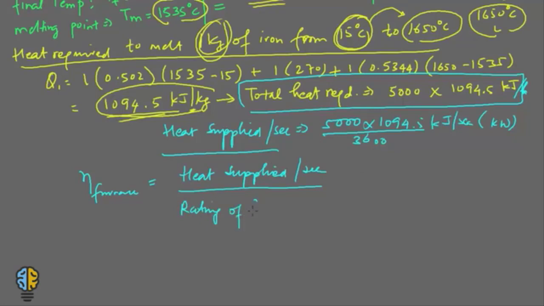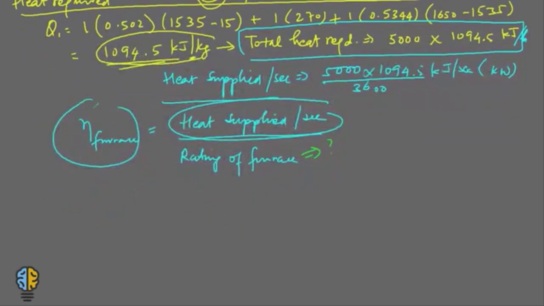Rating means the maximum heat that the furnace supplies per second, and in actual it is supplying only this much, and that gives you the furnace efficiency. So with this we need to find this denominator value, so you can easily cross multiply now. So rating of furnace